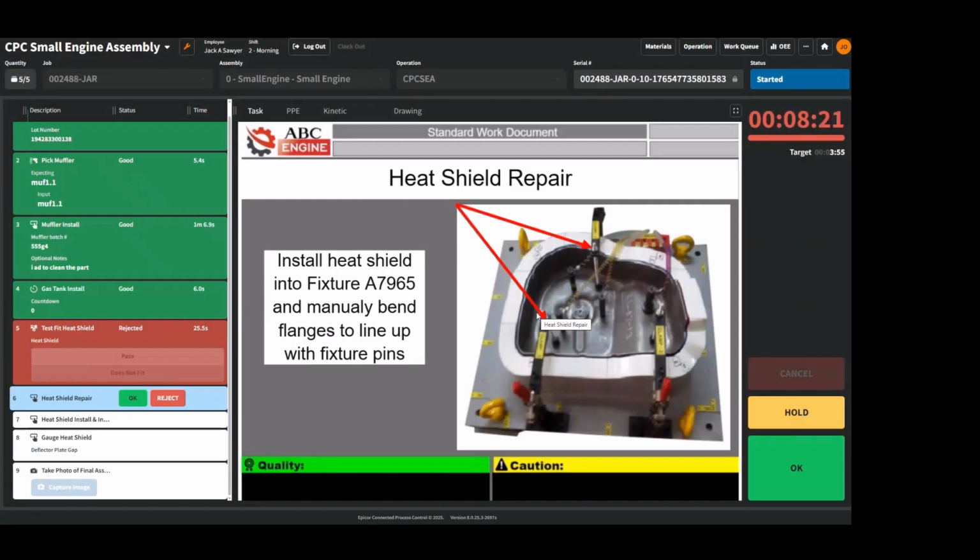We know from that issue that they selected that they could potentially repair that right where they're at and continue to build up that part in progress. Meaning, we don't have to stop or have a non-conformance kickoff or have a supervisor over because we can point them in the right direction specific to the reason they selected. Now, if they selected a different reason, like maybe they say, well, it was damaged, that might then kick off a non-conformance, right? So it turned on a new step called heat shield repair,